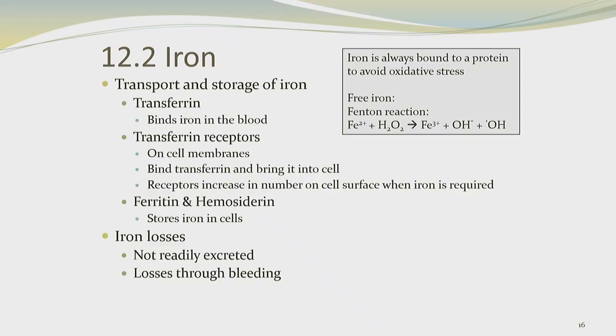So it's important to note that iron is always bound to a protein to avoid oxidative stress, because iron can play a role in what is called the Fenton reaction, leading to the production of oxidative species, right? So when we think of ROS, it can contribute to formation of ROS, where you have a lot of peroxides being produced. Okay. So the transport and storage of iron always sees iron bound to a protein. And this is to avoid, as we said, oxidative stress. So as shown here,